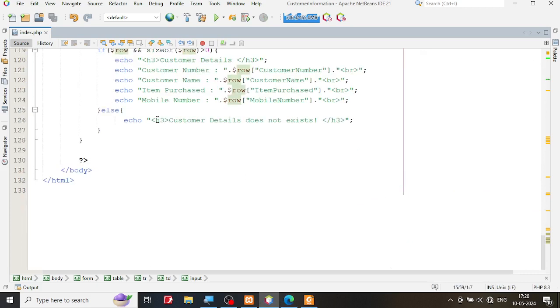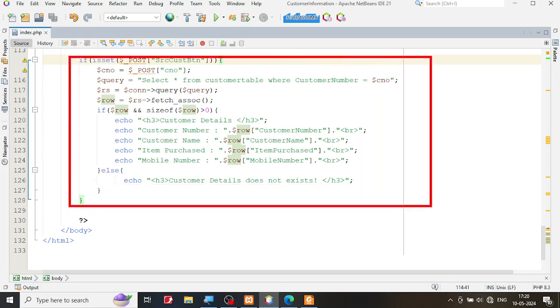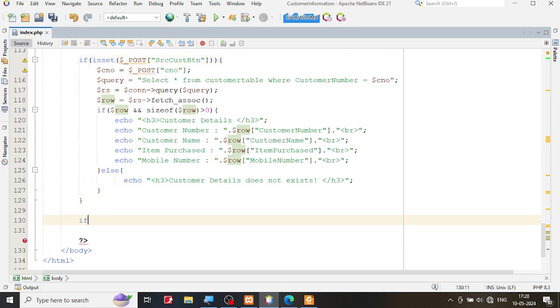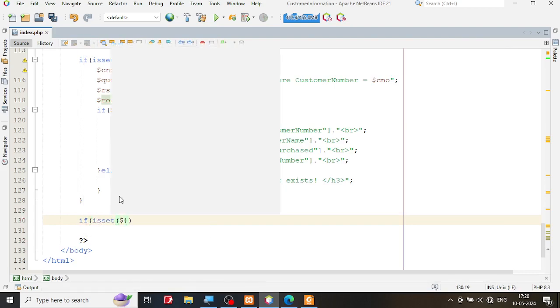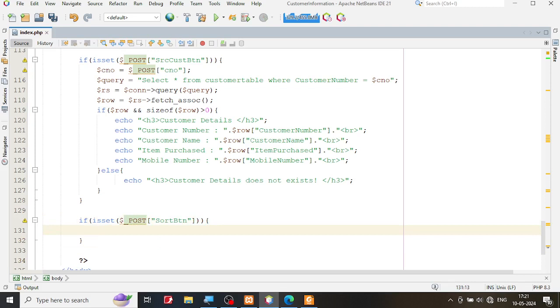Remember, don't put one if inside the other if. So this is the if which is going to close. So from here to here, this is the if statement. After this if statement, put this one, don't put one if inside the other if. They're all separate ifs. So isset $_POST, and what is the name of this button, sort button. What will happen if you click on this sort button? You are supposed to sort. How to sort the